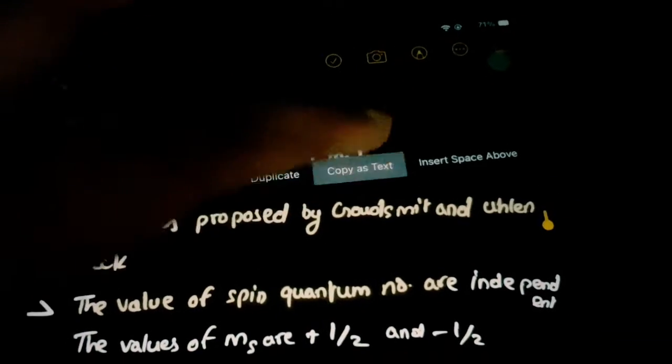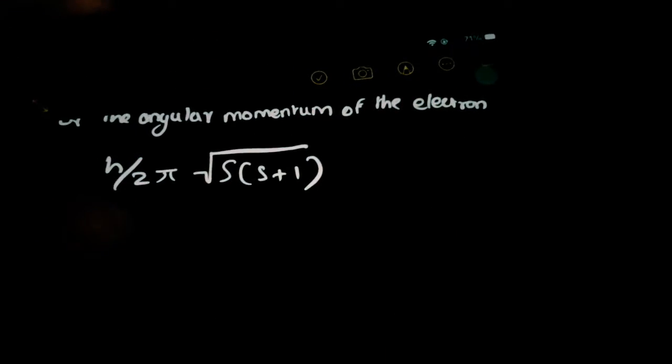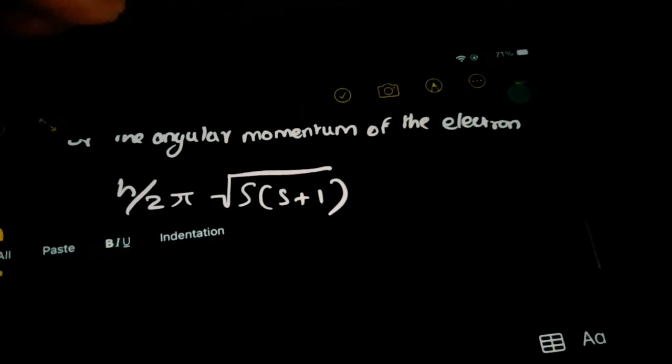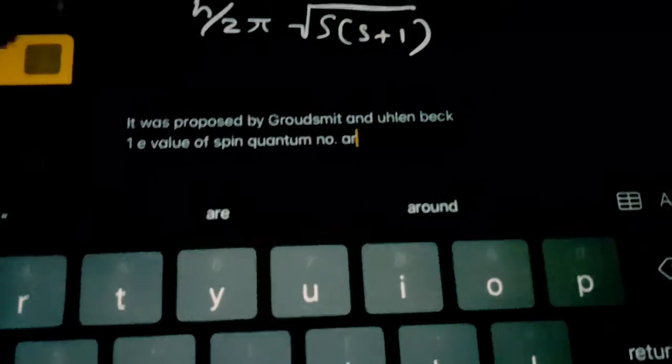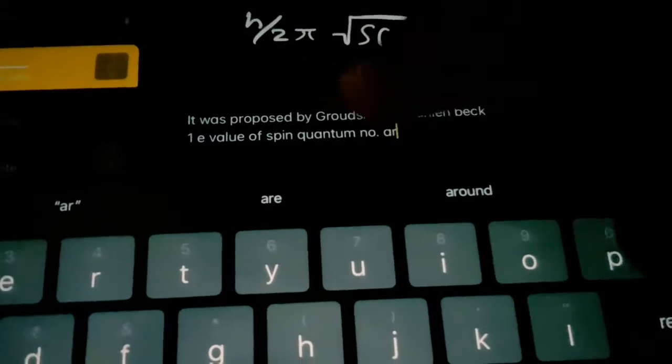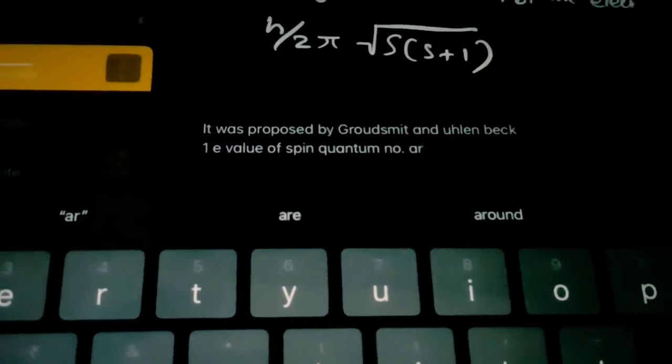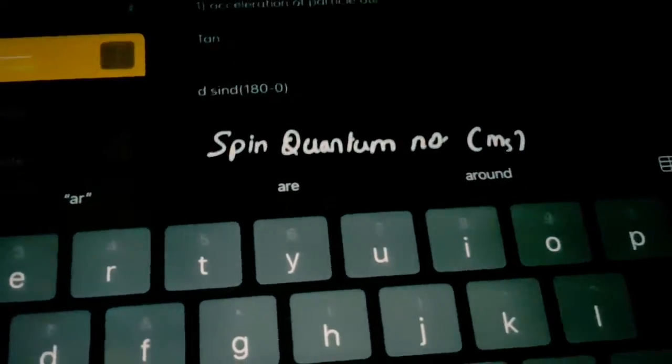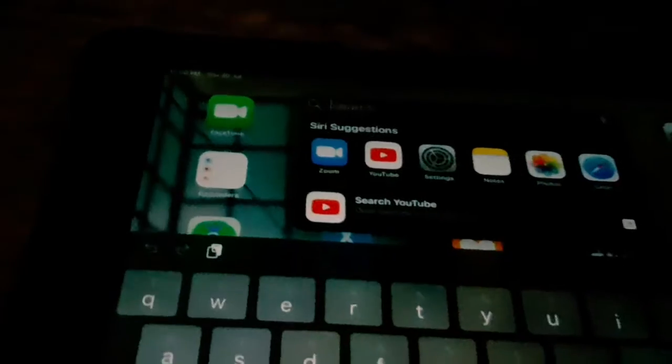If we copy that, you can see right here we can just paste it. How cool is that feature, man? But it spelled something wrong, and it couldn't identify what I wrote. No problem, those bugs and fixes will be improved in the next software update.